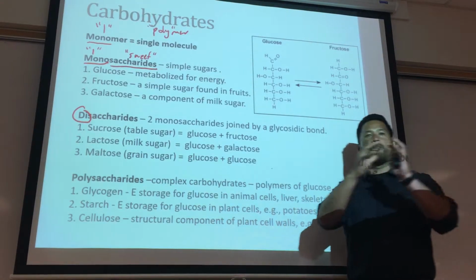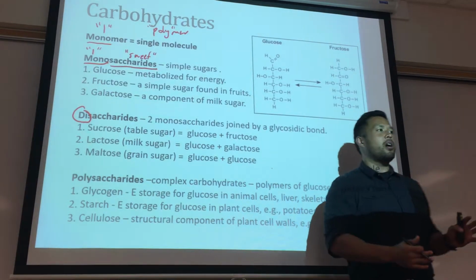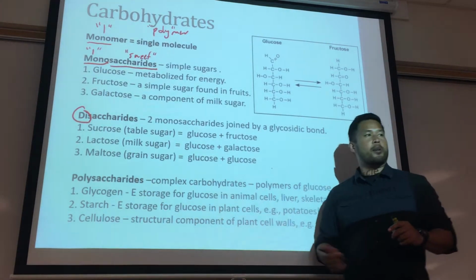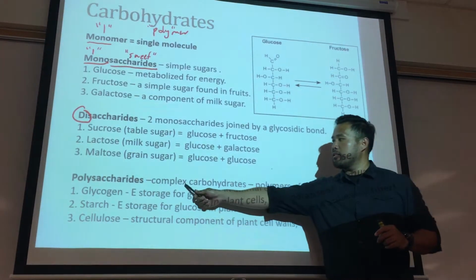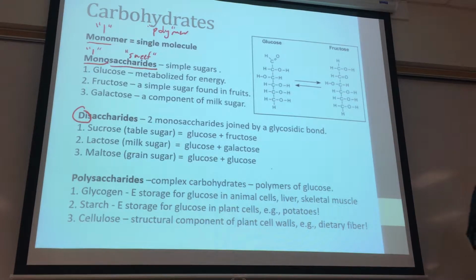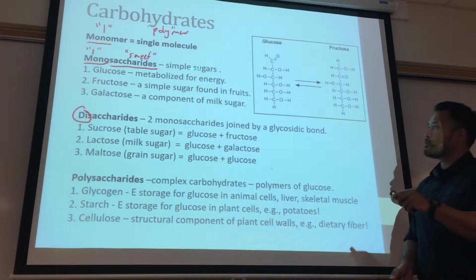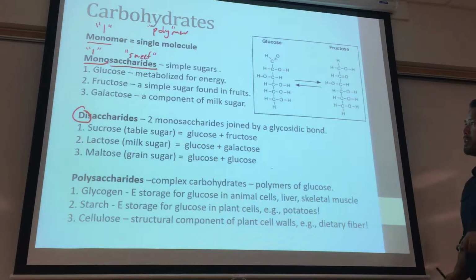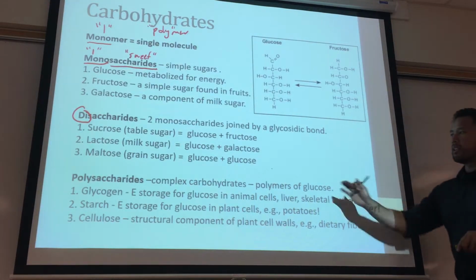You have a bunch of glucose molecules strung together. Those are your polysaccharides. It's a polymer of a bunch of carbohydrates, and this is what's referred to as complex carbohydrates. So if you ever look at, again, the back of a food label and you wonder what's the difference between simple sugars and complex sugars or complex carbohydrates, that's exactly what it is. It's a bunch of